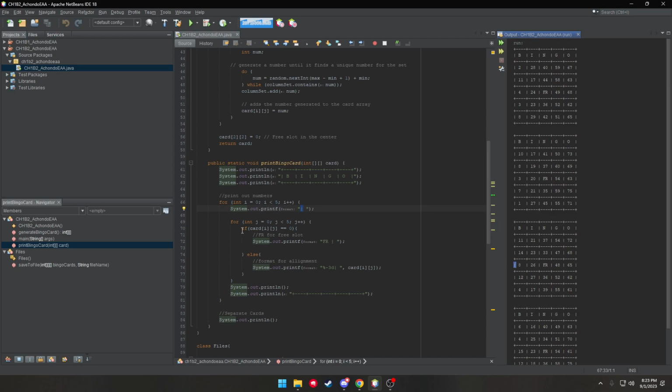And then we're just gonna check first if it is equal to 0, because that would be a free slot. And then if it isn't, we're just gonna print format in 3, which means it should be like 3 units of spacing, and then it specifies it's an integer, which this is an integer, so it should print out this value as an integer,